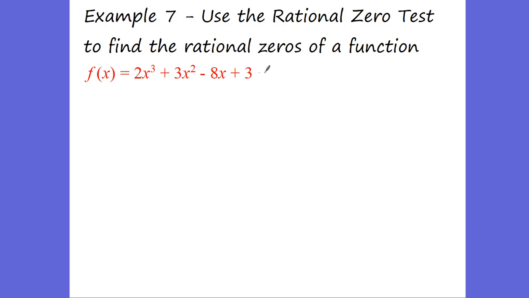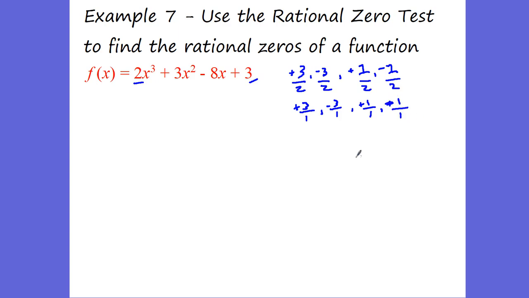We're always going to look at the back number, this 3. What are the possible real zeros of this 3? We're going to have the factors of 3 and 1. You could have positive 3, negative 3, positive 1, negative 1. Now we take a look at the leading number. What are the factors of 2? So positive 3 over 1, negative 3 over 1, positive 1 over 1,